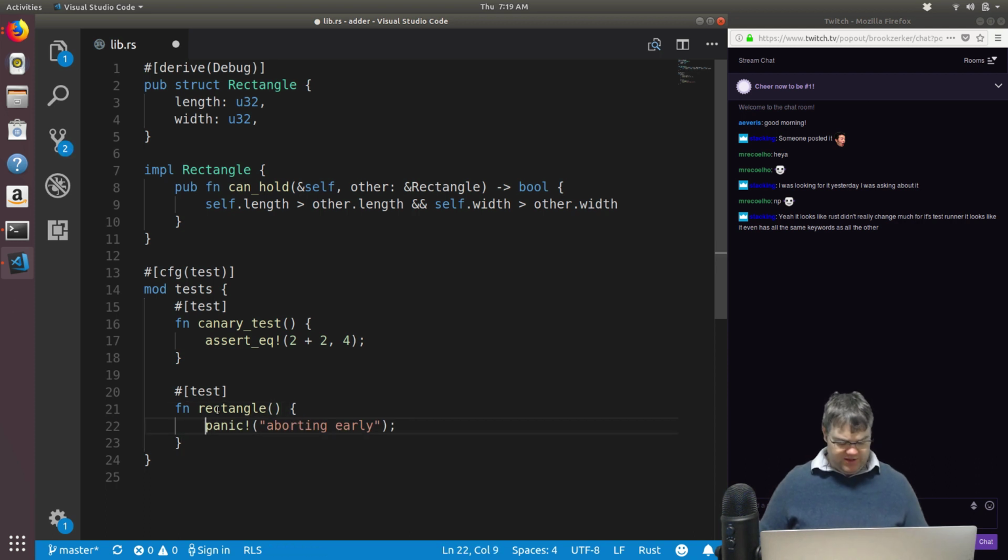I'm not really sure what the best naming conventions are here for these tests. I'm used to things like describes and its and other stuff. So not having any of those and just doing functions, I'm not completely sure of the best naming. I might even call this rectangle struct. So we're going to